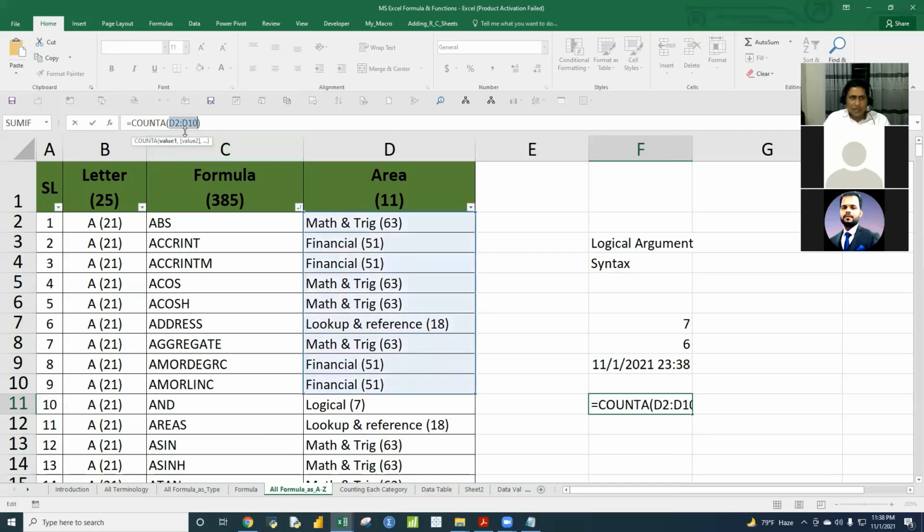Just you will have to give a value separated by a comma. Say D1, comma, this one, comma, this one, comma, this one. I can separate it using a comma, or I can use a range. So how can I select a cell? I think this is also very popular to you, how to select some area, some column, rows. So if I select this area, among the values, how many text are there, it will give me here